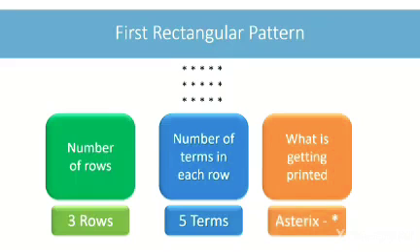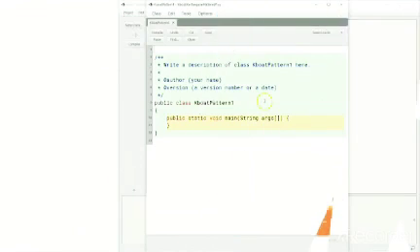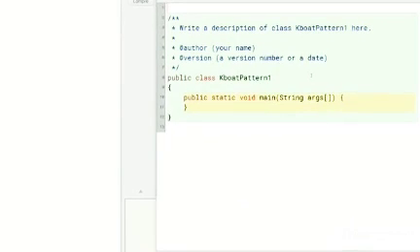Now let's switch to BlueJ and write a program for it. I have already added this kboard pattern1 class. I will write the code for generating this pattern inside the main method of this class. I told you a pattern consists of three things: number of rows, number of terms in each row, and what is getting printed.